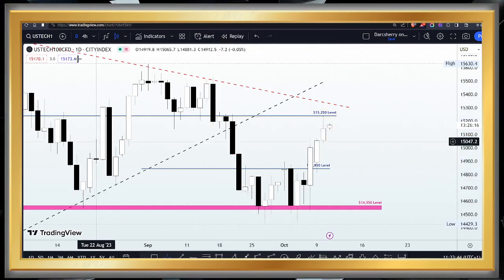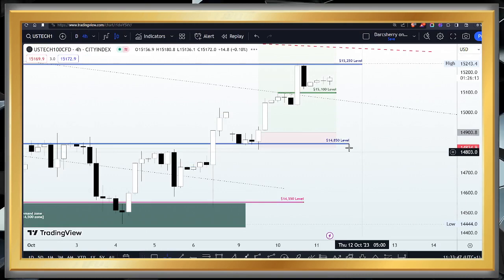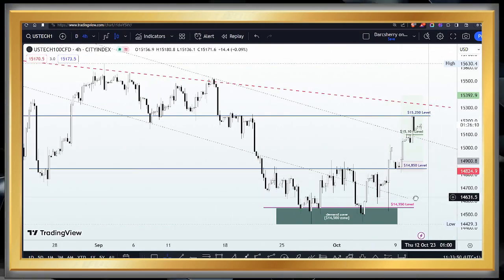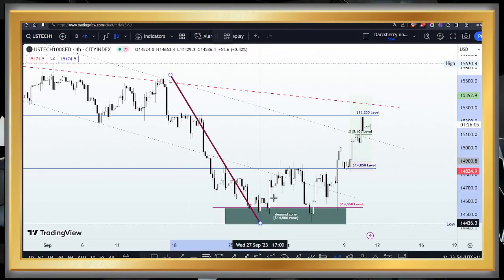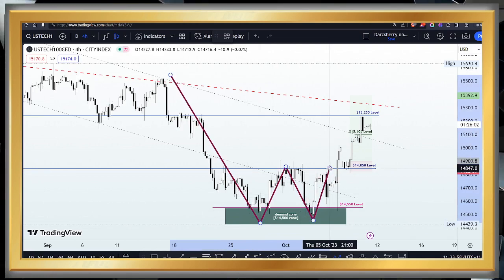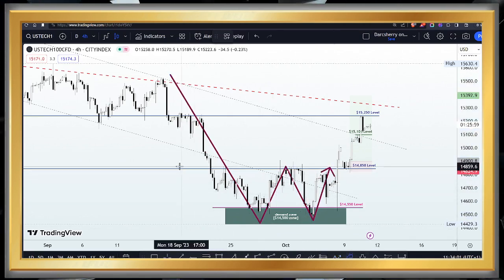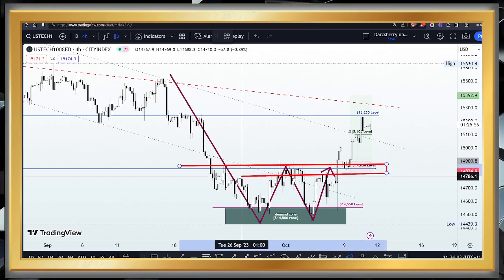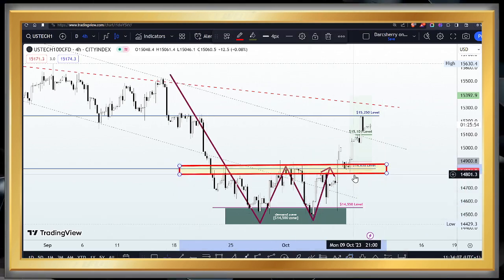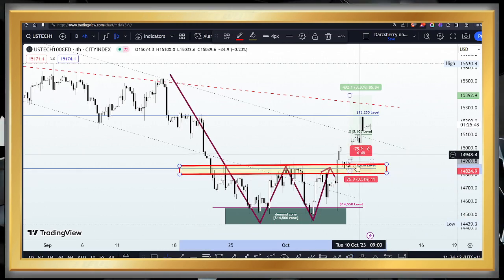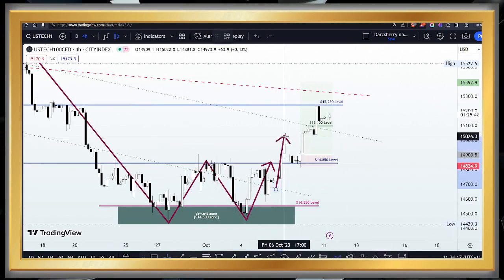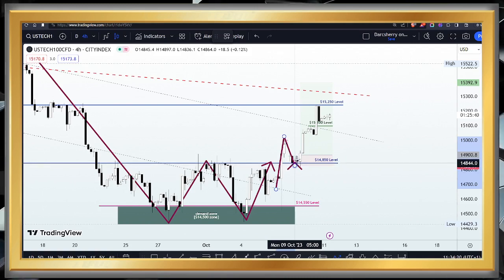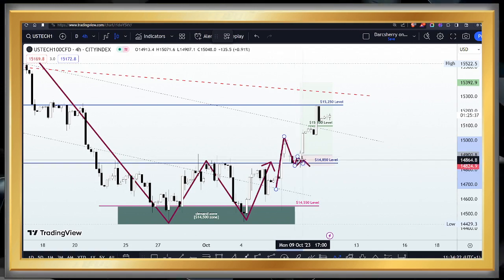Now let's scale down into the 4 hours time frame to see things more clearly. Now on the 4 hours time frame, we had a reversal setup here. So we had a structure that looks like a double bottom structure, as you will see right here, and we had the neckline of that reversal pattern marked out along the 14,850. Now, to validate this reversal pattern, we need price to break out of and retest the neckline to push price to the upside. And we saw what happened last week Friday. We saw the breakout, price came back to retest, and the multiple buy pressure here incited the bullish idea we had.